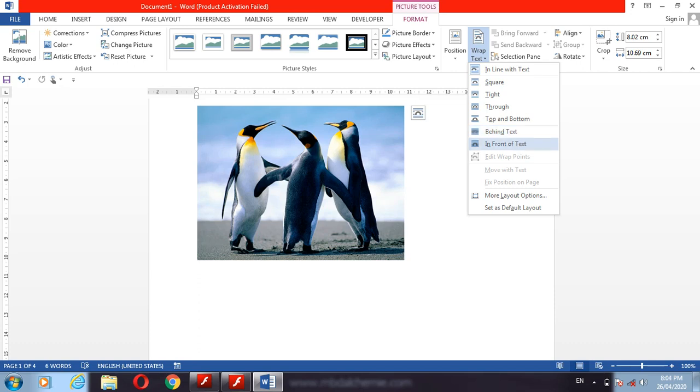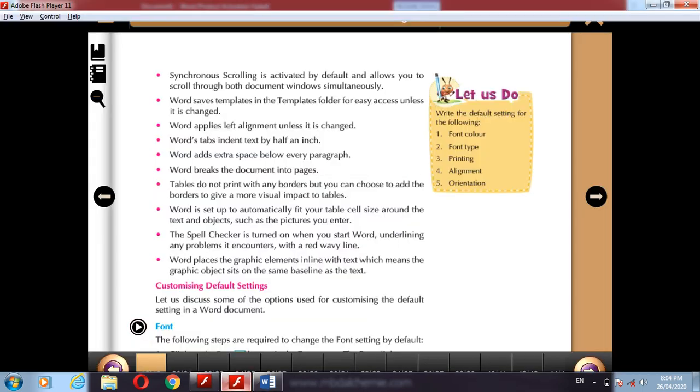If you want to show your picture in front of your text, you choose these options. So these are some options you can use to modify your picture in the Word document.